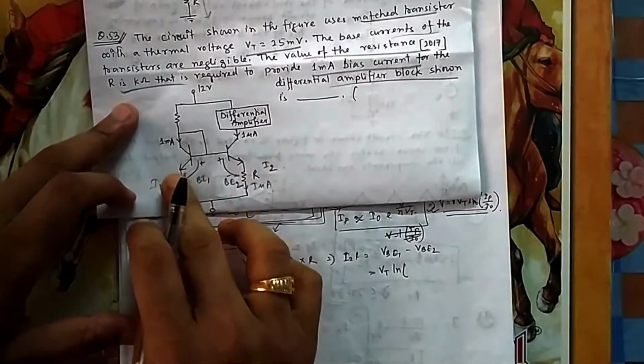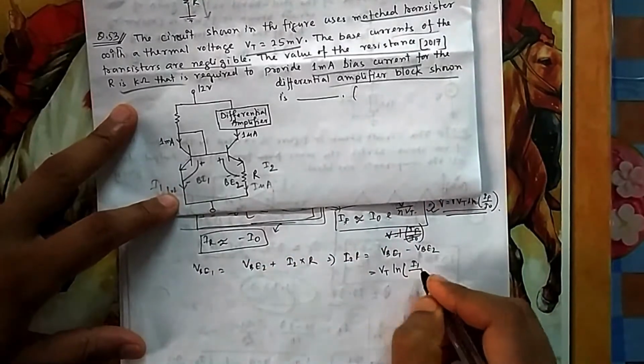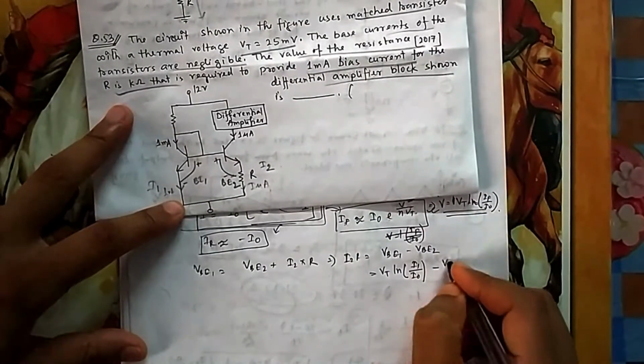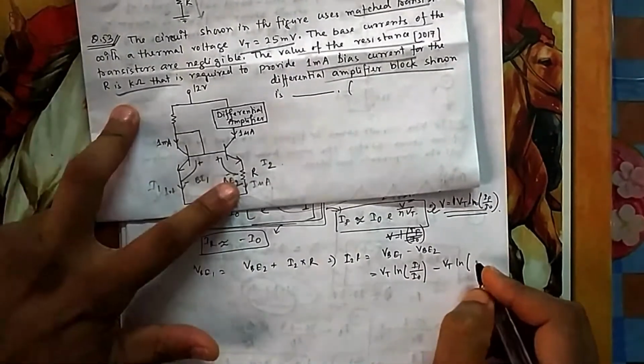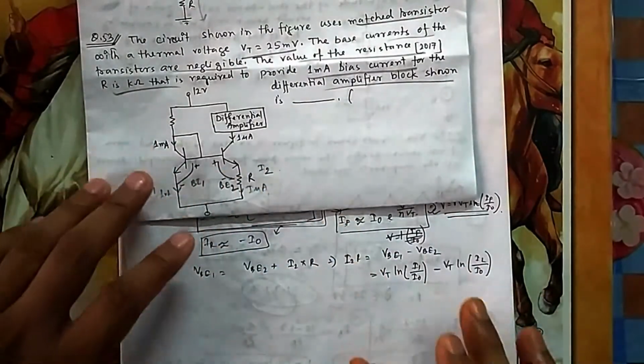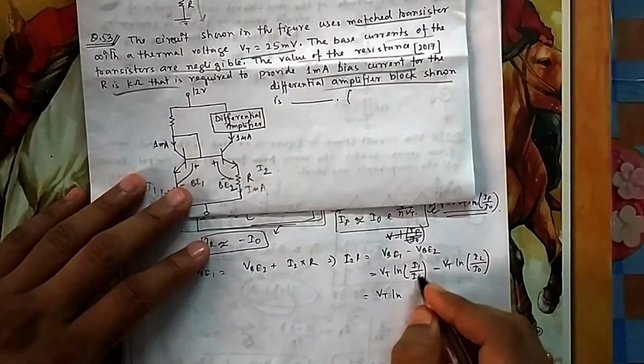This current, the forward current flowing through the PN junction diode, is I1 by, let me take the reverse saturation current, the reverse current, as I0 here. And then same, it is Vt ln, what is the current here? I2. Because they are the same matched, the reverse current properties will remain the same. So if you do this, it will be Vt ln of I1 by I2.